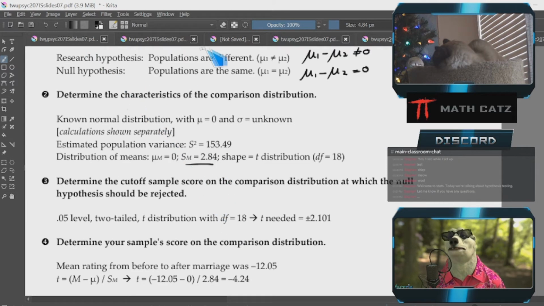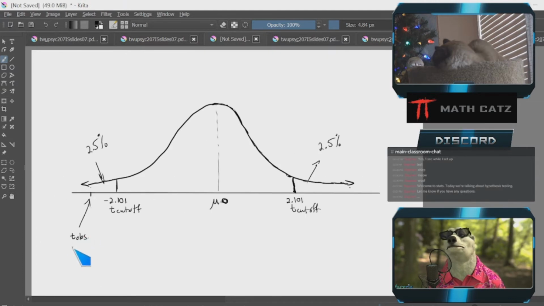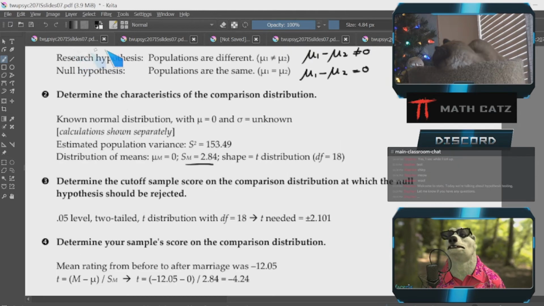Negative 4.24. That is beyond the cutoff, and we therefore say that this is strong enough evidence to suggest that the